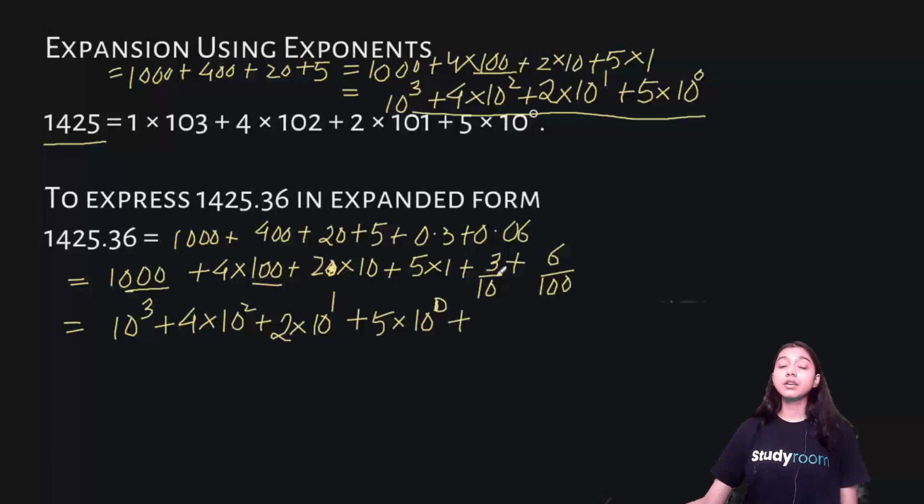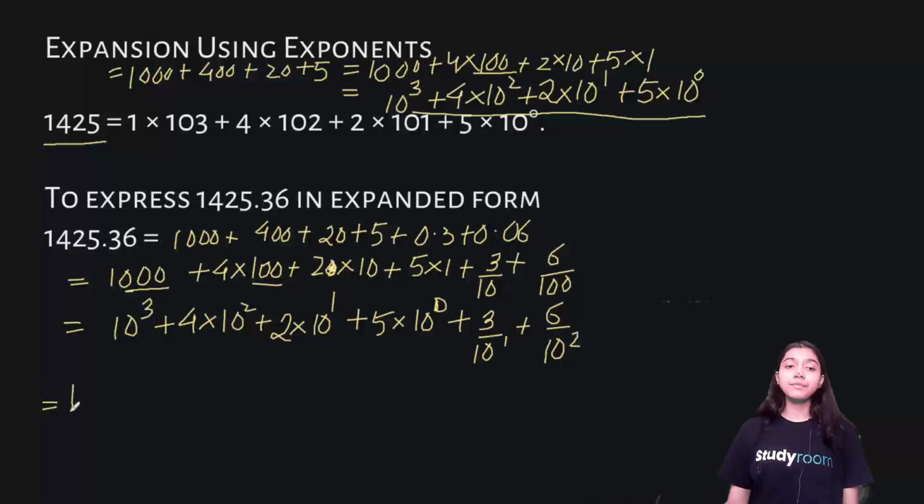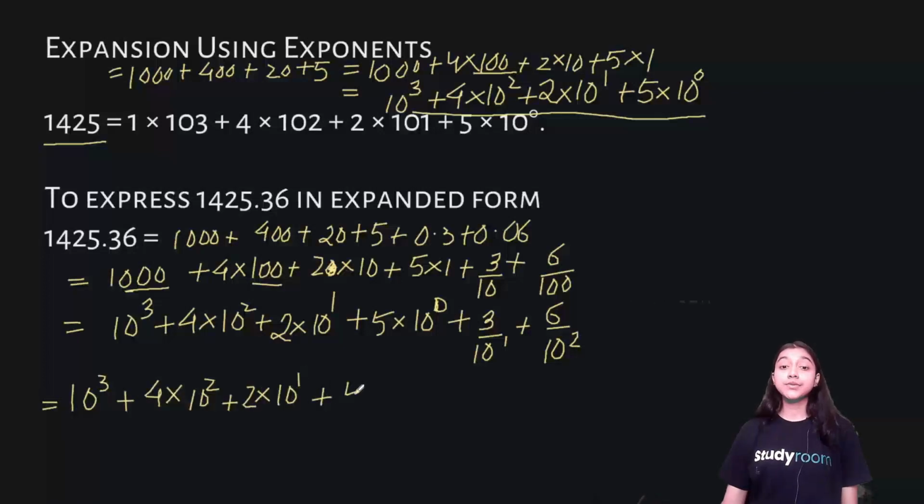Now over here we have 3 by 10. This means 3 by 10 to the power of 1. And over here we have 6 by 100, which can be written as 6 by 10 square. So the final answer will be 10 cube plus 4 multiplied with 10 square plus 2 multiplied with 10 to the power of 1 plus 5 multiplied with 10 to the power of 0 plus,